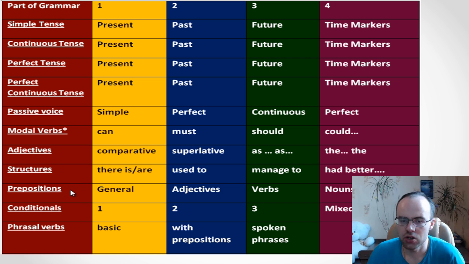You should also pay attention to prepositions, and how can we understand this topic, this part of grammar. First of all, you need to know some general prepositions and their meanings, like in, so it means inside, on, like on the surface, some prepositional phrases, for example, at home, so on a business trip. You also need to know prepositional phrases with adjectives. It's like interested in, so afraid of, with verbs like react to, happen to, differ from, with nouns like reason